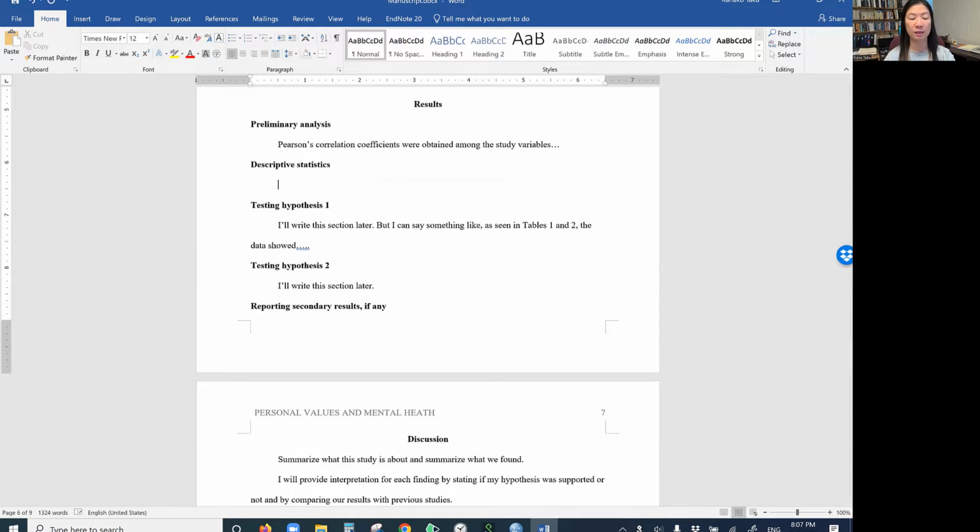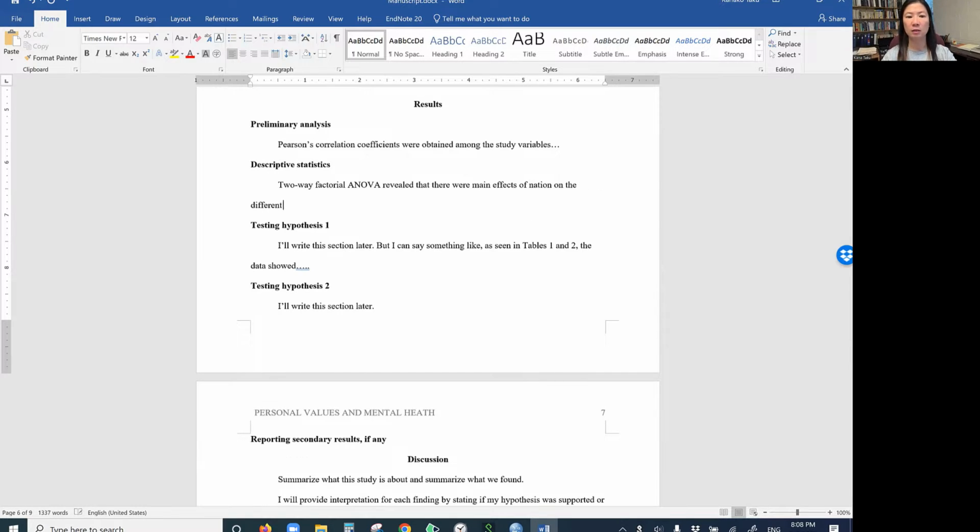Descriptive statistics. I actually already ran a two-way factorial ANOVA, which revealed that there were main effects of nation on the different types of values. I can fill it in later.